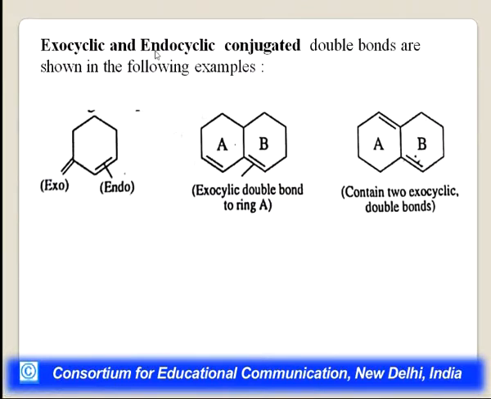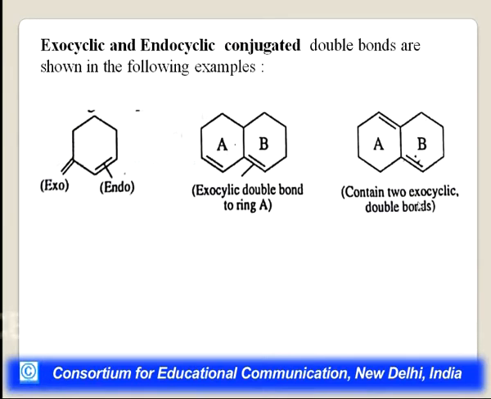Exocyclic and endocyclic conjugated double bonds. Here you can see, because these two bonds are in conjugation, alternate single and double bond. This bond will be treated as endo and this bond will be treated as exo. Same here, this double bond which is present in B ring will be treated as exocyclic double bond for ring